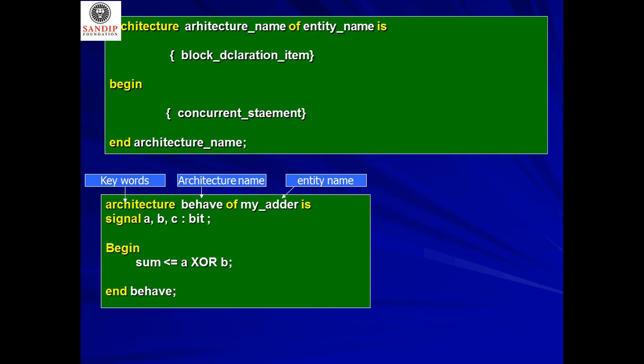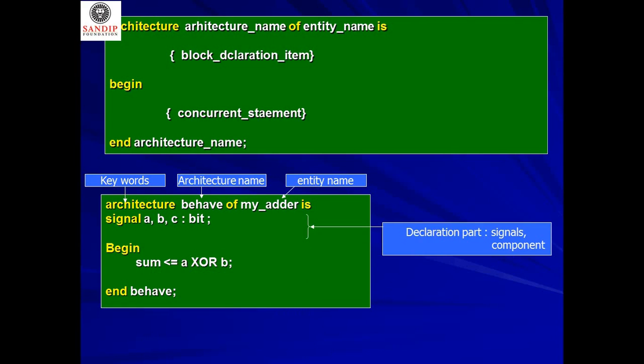Hence, architecture behave of my_adder is. Here, my_adder is the entity name which is declared for the my adder entity. Then, in the block declarative part, we have to declare all the intermediate signals which are required for connections. Signal A, B, C: bit; semicolon. Begin. Sum is assigned A XOR B; semicolon. End of the behave.